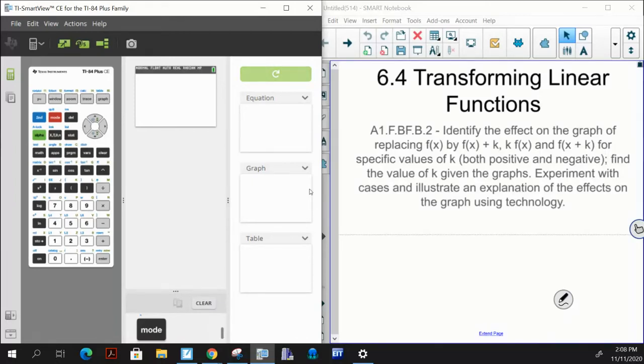We're going to look at our calculator and explore linear functions. And our goal here is to understand what effect certain parameters have on a linear function. So that's the goal of what we're doing today. So what I'd like for you to do is look at